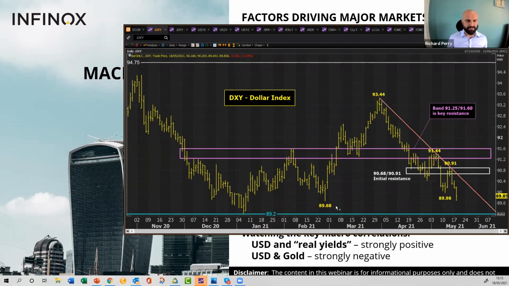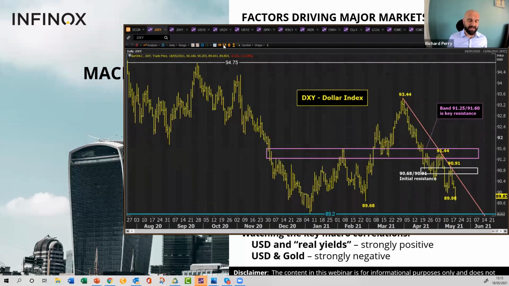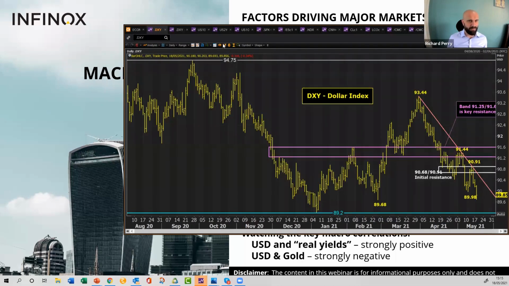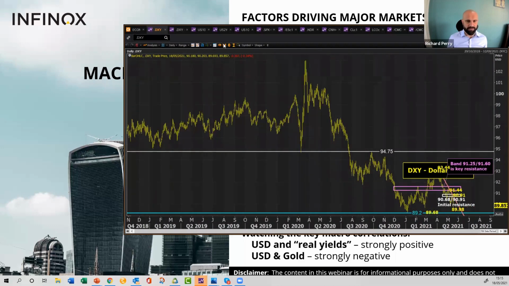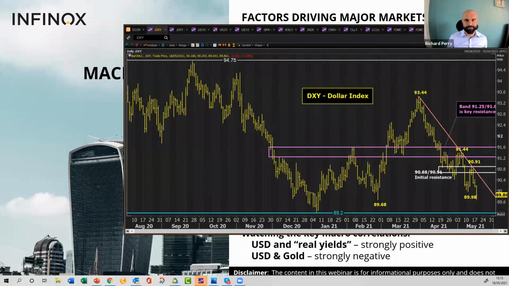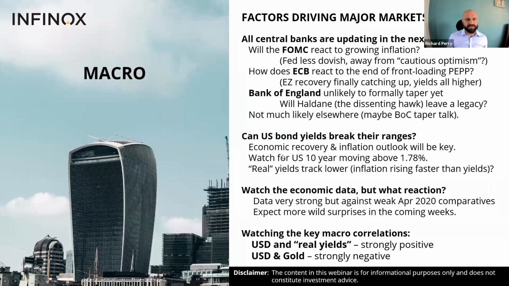89.20 up towards 89.70 certainly looks as though it's going to come under threat in the coming weeks, and more than likely, I would say you're probably going to see the dollar coming back to 88.25, which is the 2018 low. And the reason is because I think that bond yields are moving sideways, so I think that the dollar struggles in that. So through June, as ever, we're looking at the data,